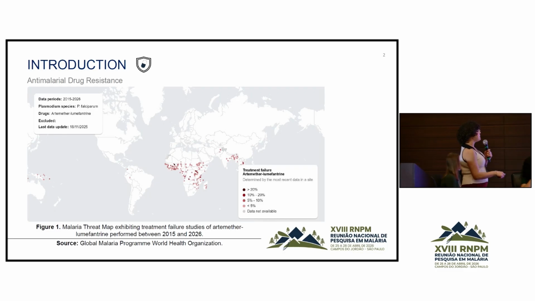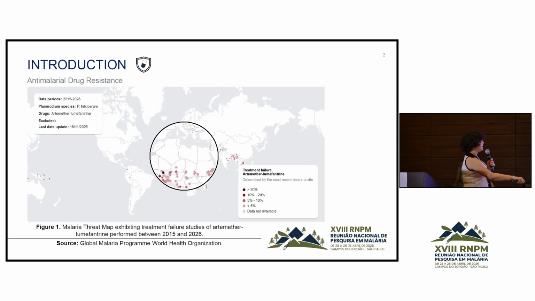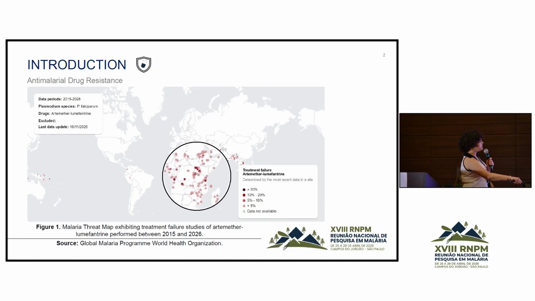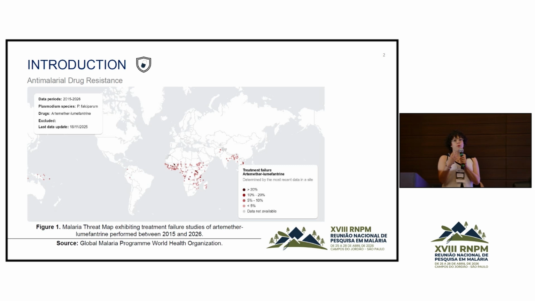We have parasites resistant to available treatment, and in this map we show the failure of artemether-lumefantrine treatment between 2015 and 2026, and we see an increase in studies reporting up to 5% treatment failure,